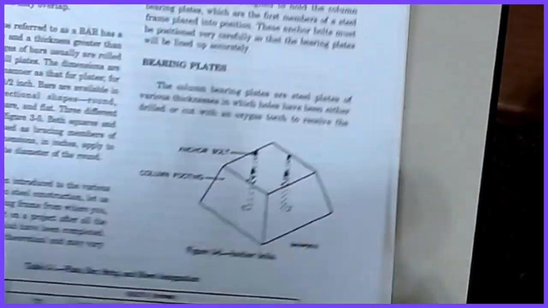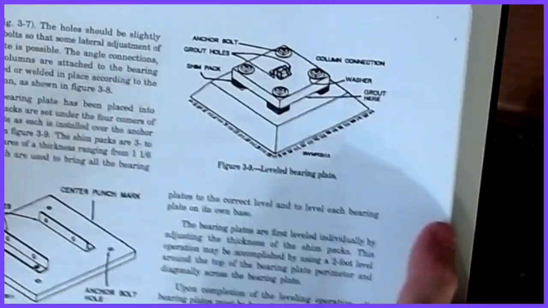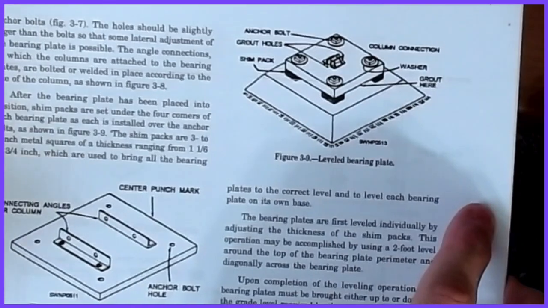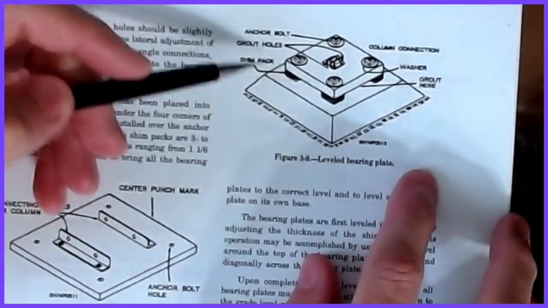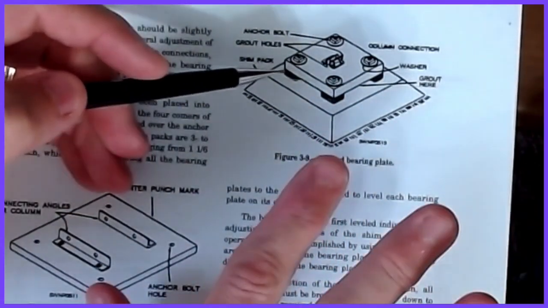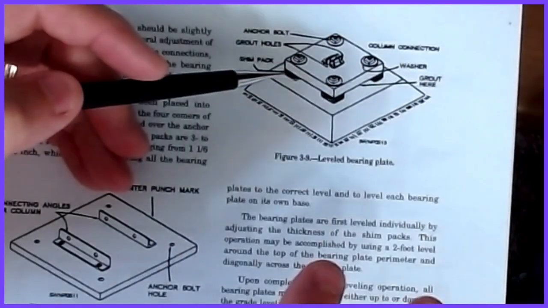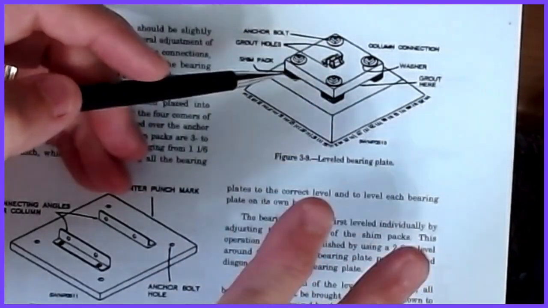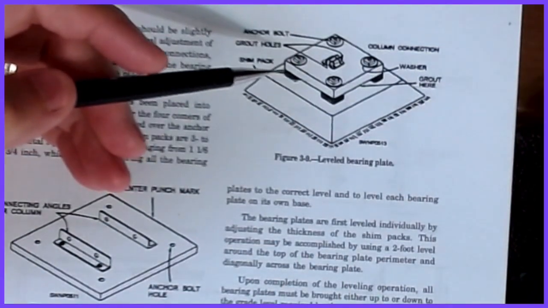All right, let's see. Moving on to the next page. So once you have the anchor bolts in, this is how the base plates are connected. A lot of times there is some sort of shim or leveling nut to be able to get that base plate level, because when you put these plates on, especially if they're pre-mounted to the bottom of the column, and I'll show you some of those in a second, it's possible that they're out of plumb or slightly out of alignment. This gives you a little bit of room to be able to